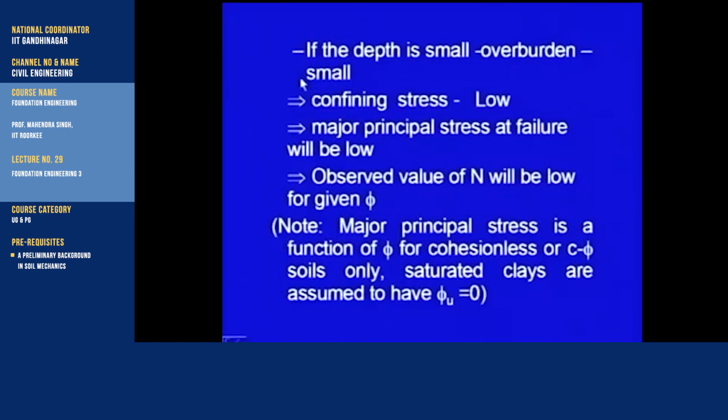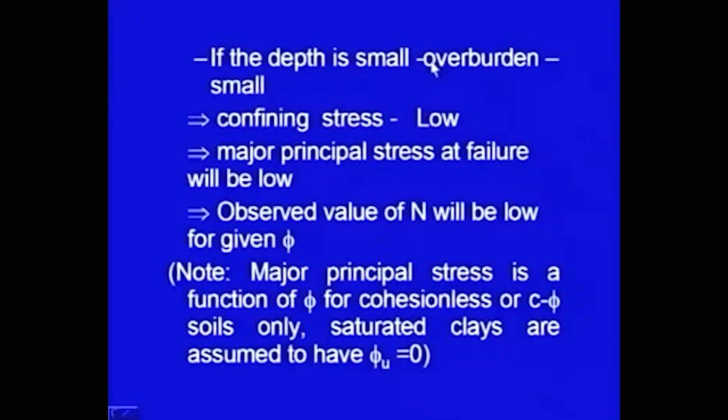What happens if the depth is small? The overburden will be small. That means the confining stresses will be low. Major principal stresses at failure will also be lower in this case, and then the observed value of N will also be low. You can note down that for the same phi value,